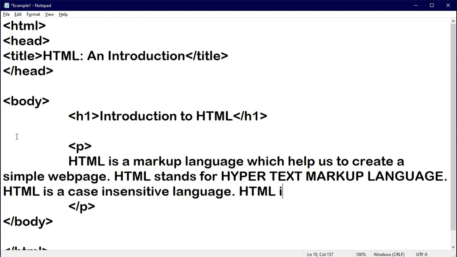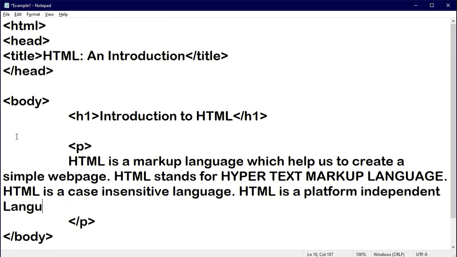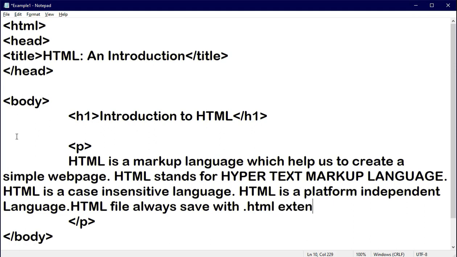Also HTML is a platform independent language, which means it can be operated from every operating system. And an HTML file is always saved with the .html extension, full stop.